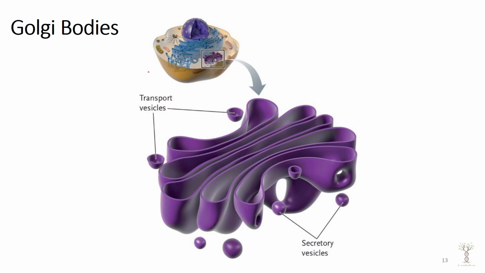Next we have the Golgi bodies, also sometimes called the Golgi apparatus or the Golgi complex. And it is a membrane structure of tubes that kind of look like this. And look at where it's located in the cell. The rough endoplasmic reticulum is located close to the nucleus. The DNA is in the nucleus. We're going to produce RNA that will go to one of these ribosomes on the rough endoplasmic reticulum, and we make protein. Sometimes those proteins need to be modified, so they will be carried from the rough ER through transport